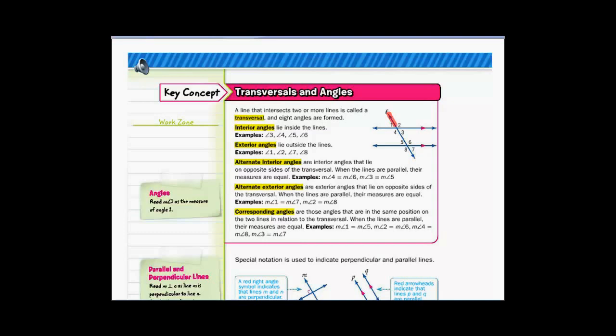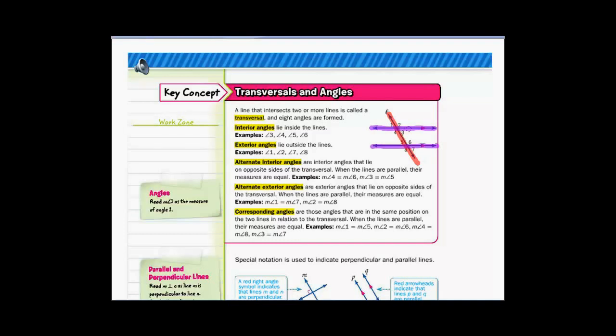This right here is a transversal because it crosses these two parallel lines that are right here. So these blue or purplish looking ones, those are the parallel lines, and it is cut by a transversal. That transversal can go any direction it wishes. All right, it just has to cross them. So that's what a transversal is called, a line that intersects